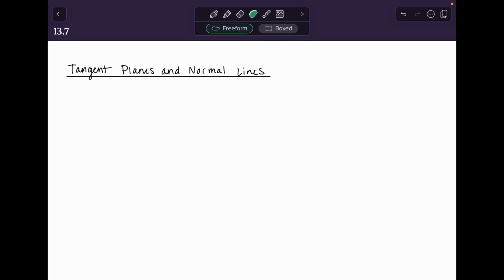So now we're going to go more deeply into tangent planes and normal lines, and we're going to see what we can use these tangent planes for. So we're going to refresh just way back in Calc 1. If you remember back there, in Calc 1 we learned we could approximate a function